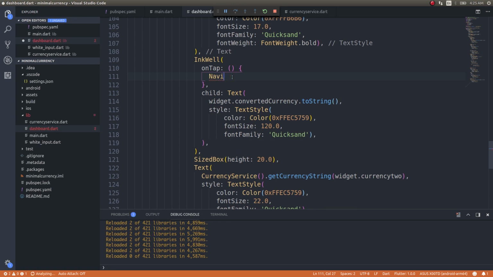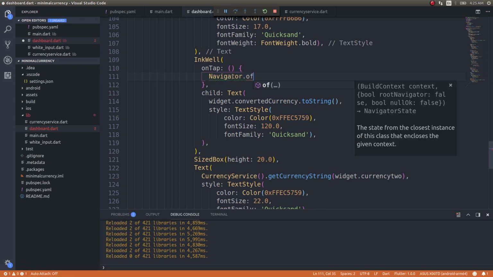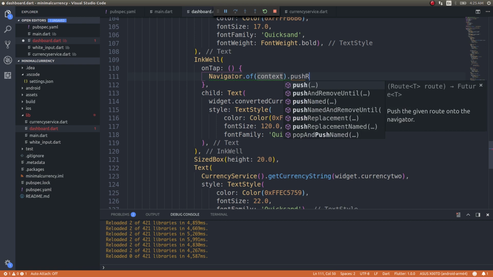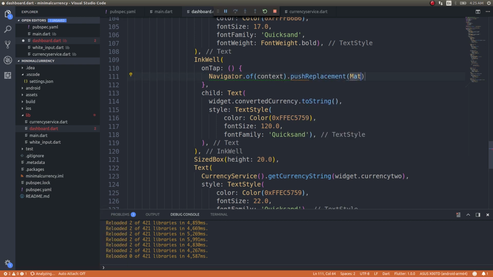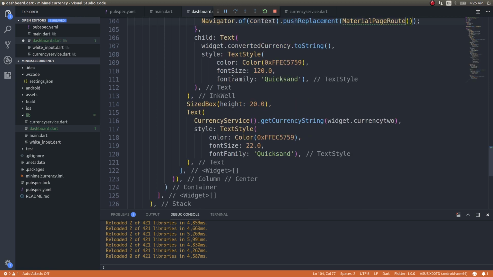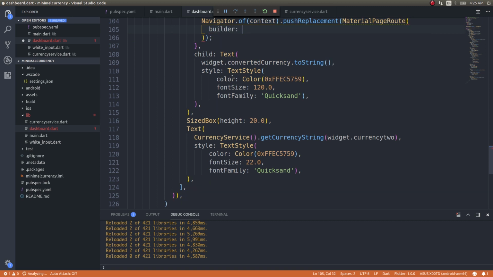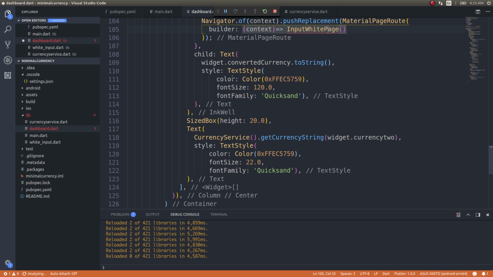navigator dot of context dot push replacement, material page route, and inside this I can simply use a builder function, context obviously, and input white page. I'll import this page so that I can use the